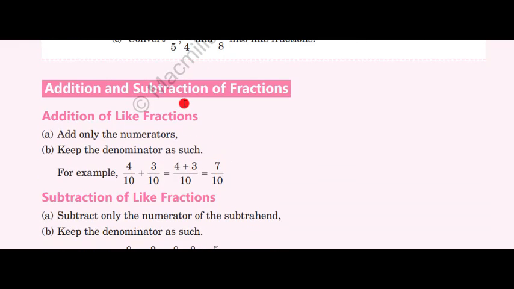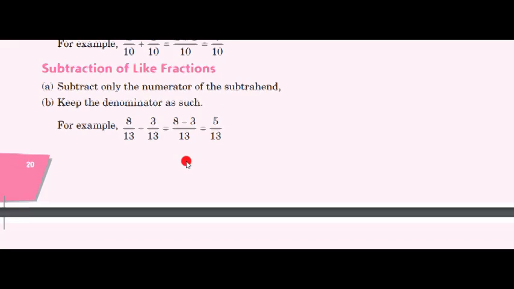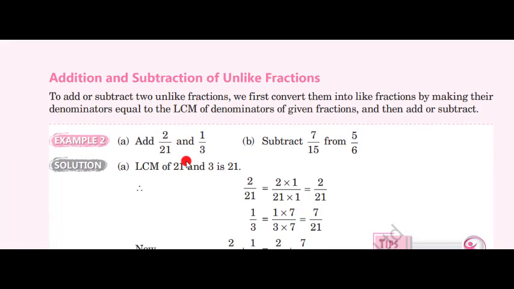Now addition and subtraction of like fractions, which we have done earlier. Now the two conditions are there. If the denominators are the same, then the addition is very simple. For addition as well as subtraction, we have to add the numerators and we get the result. Subtraction of like fractions, in the same case, if the denominators are the same, simply we have to subtract and you will get the result.